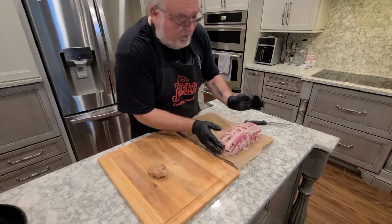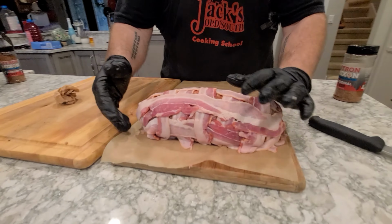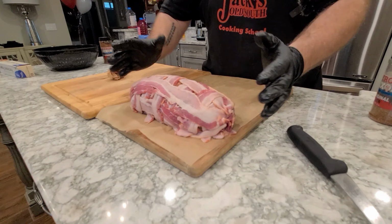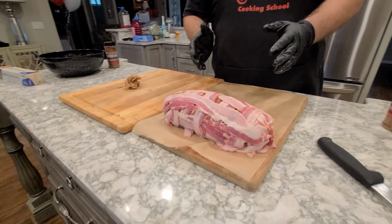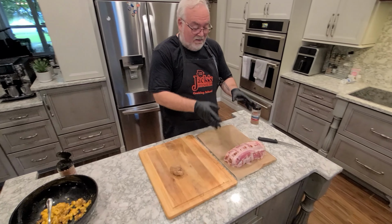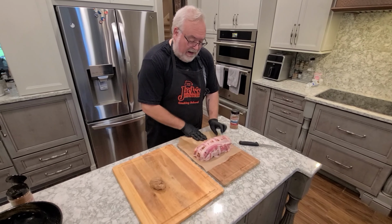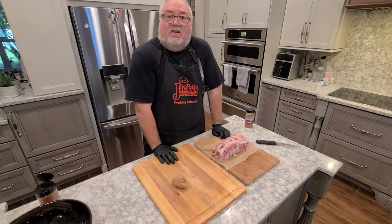Now, you could certainly shove toothpicks in the end of this if you want to. I know that the better cooks out there would do that. I do not have that attention to detail. I'm just pleased as punch that this is one structure at this point. I can move it around with parchment paper, I can put it on a tray, and we're going to go put this in the